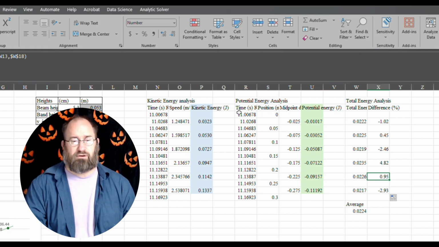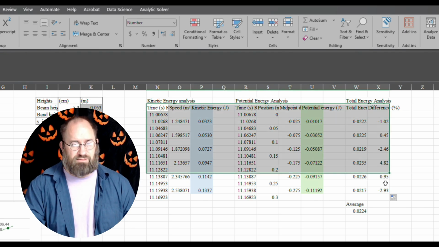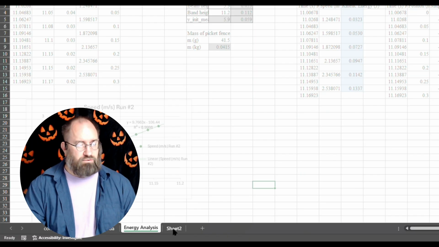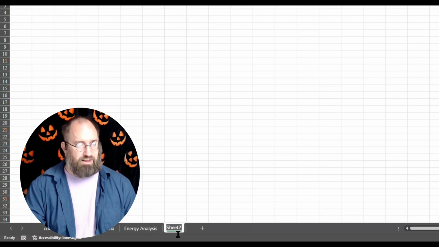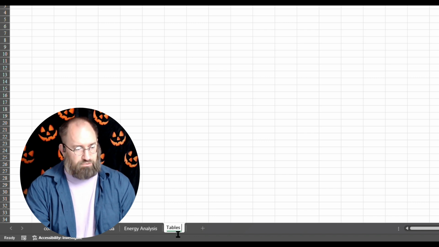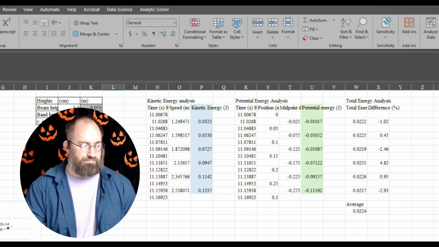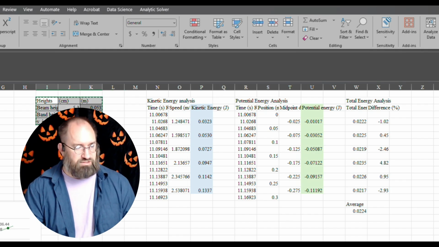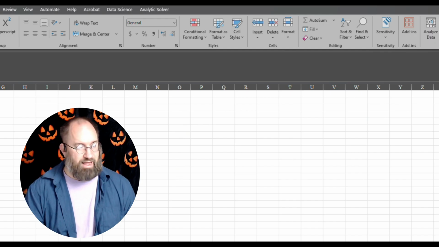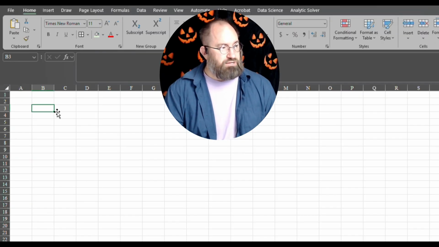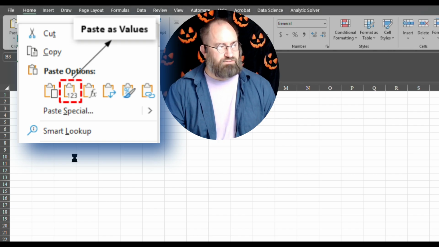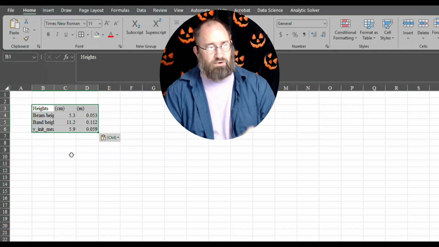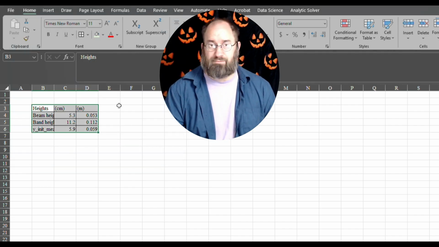Okay, so you'll want to combine all these into the same point. This is what I was talking about earlier here. I'm going to go ahead and copy this. So what I'll do is I'll create a new sheet, and this one I'm going to label tables for short lab report, for example. And this will be one, so I'll copy this one, Control C or Command C if you're a Mac user. And right click, we're going to paste special just the values. You see it doesn't bring over the frame,